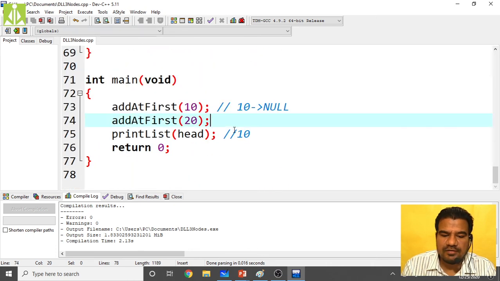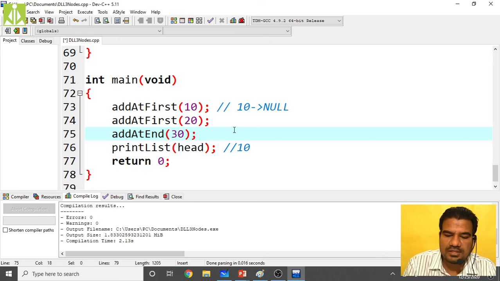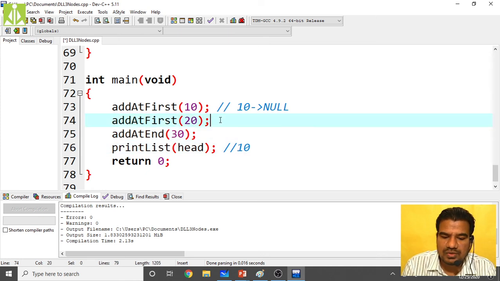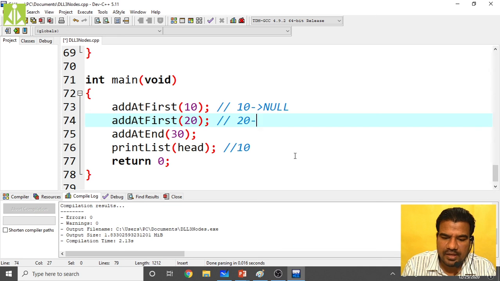Okay, so now I will use my add at end function, and I will add, let us say, 30 over here. Where should this 30 go now? Here we are adding 20 at the front, so 20, then 10, then null.